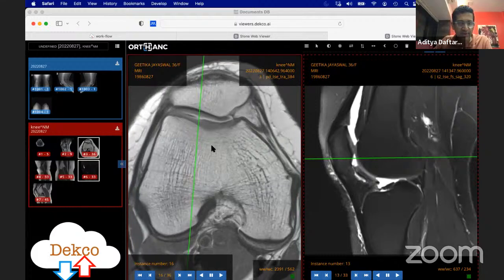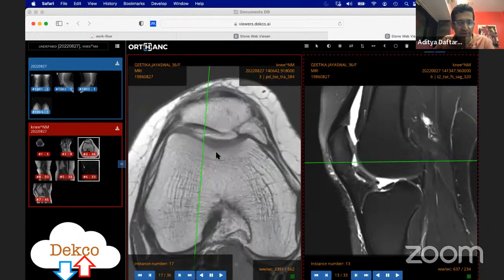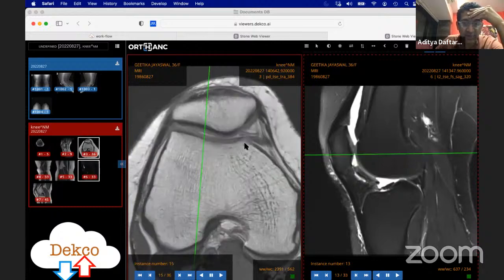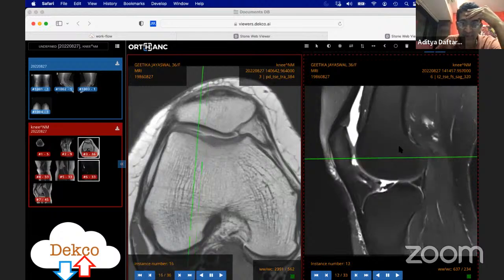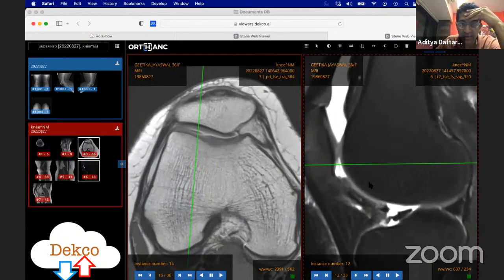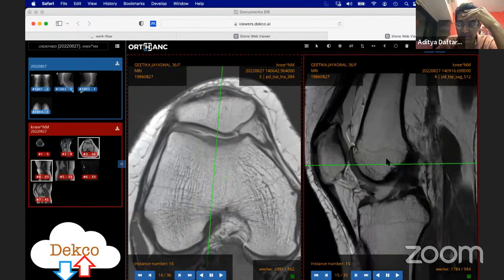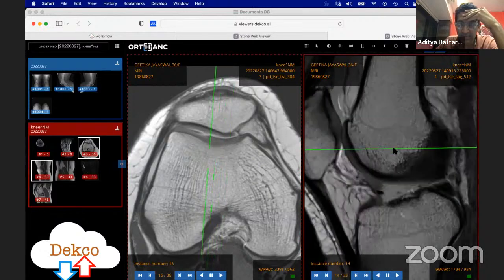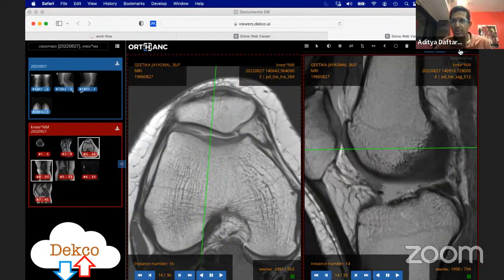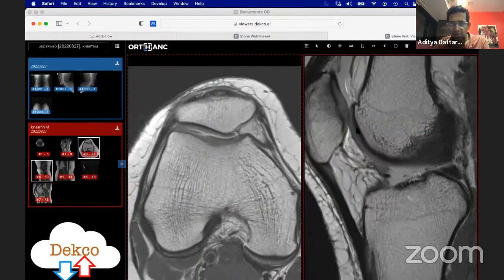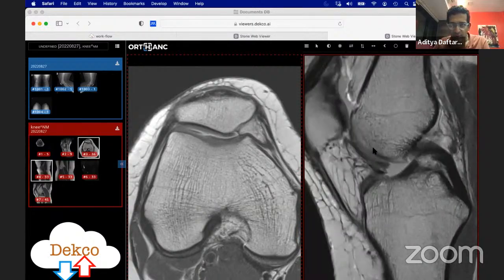So this is kind of a tough case, but this is the kind of lesion we see sometimes. You can see here that there is this cartilage flap. You see how this cartilage is relatively normal, and there's this flap over here. Maybe if I show you on a non-fat suppressed image. This is the trochlear cartilage. This is the patellar cartilage. Now, as you scroll towards the side,